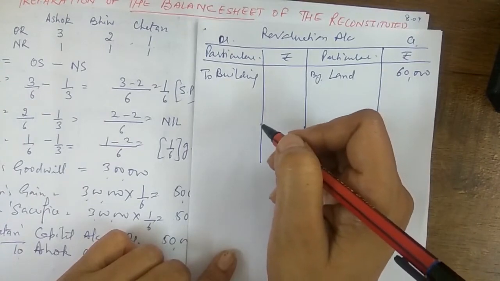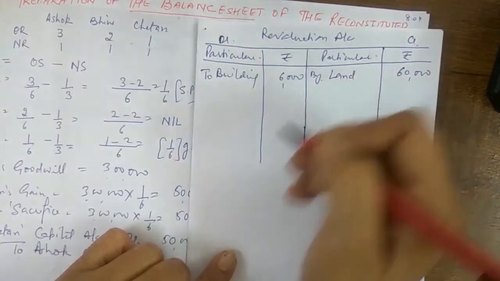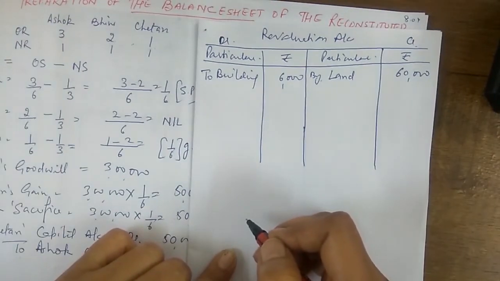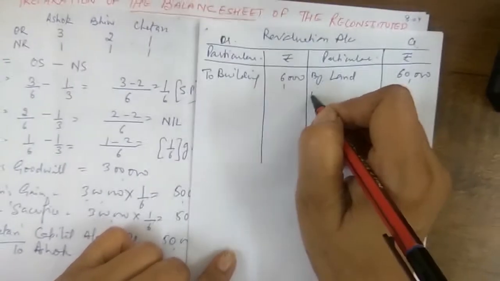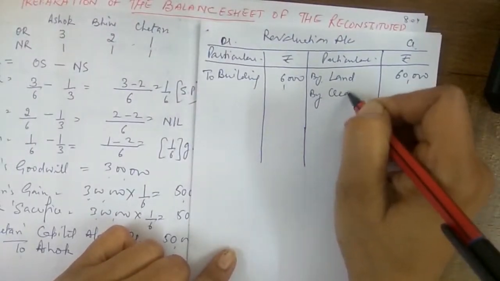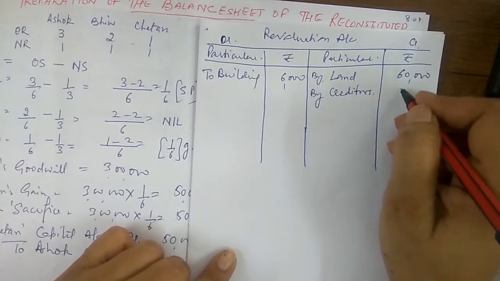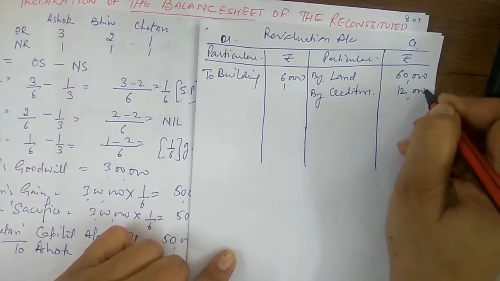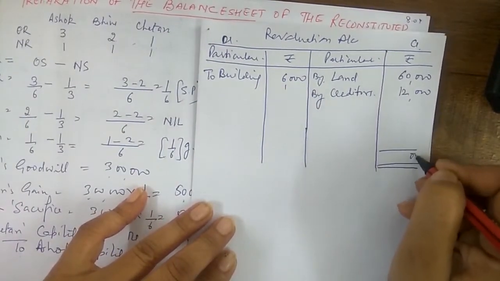Building. What is the value of building given, bache? 1 lakh. So 6% of 1 lakh, 6,000. Next we have creditors 12,000 were not likely to be claimed. So when creditors value is decreased, that means liability is decreased. Whatever decreased value is there, we will just show that. What is the amount of decreased value of creditors which is not to be claimed? 12,000.